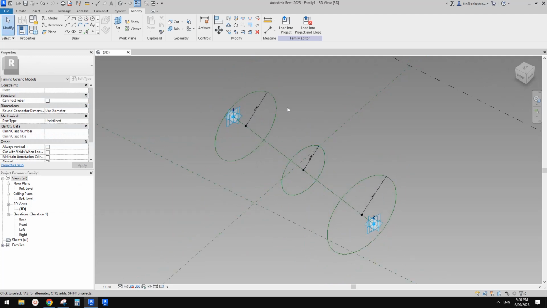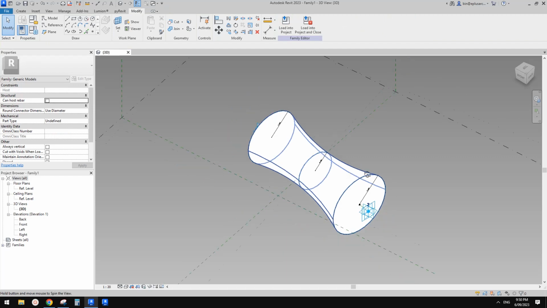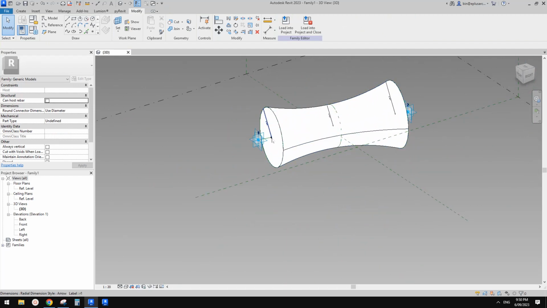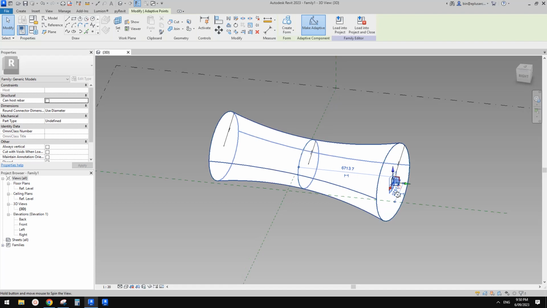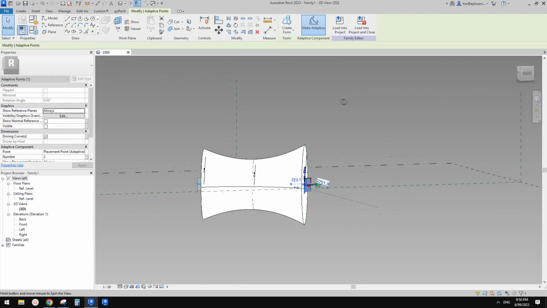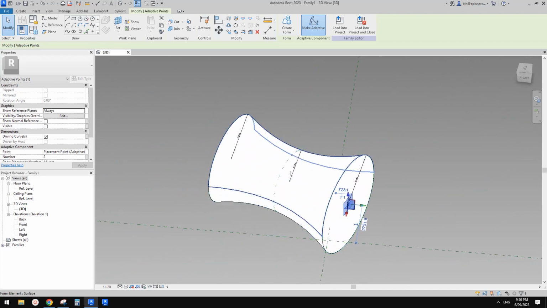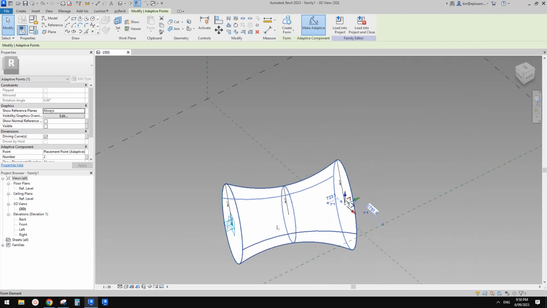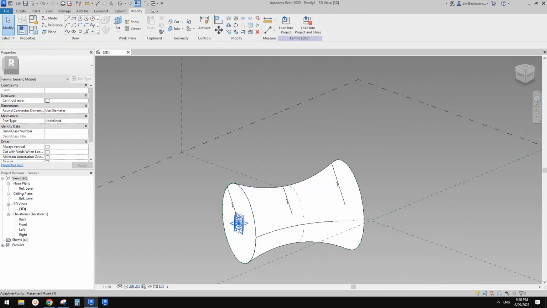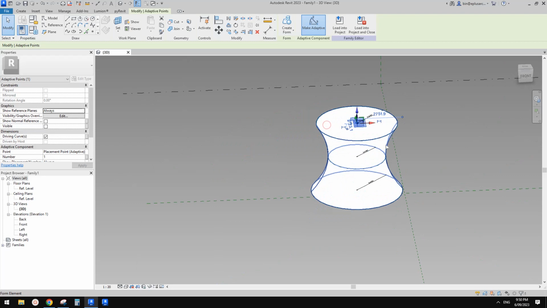Now let's have a test. If I select 1, 2, 3 and create a form, now we have this. I think that's okay. Let me drag that point to this end, and also drag this point to this end. Now if I move this one slightly, I think this looks okay. So this is it. I did it randomly, so it doesn't really matter. I can move this point up, roughly, so now it's more like